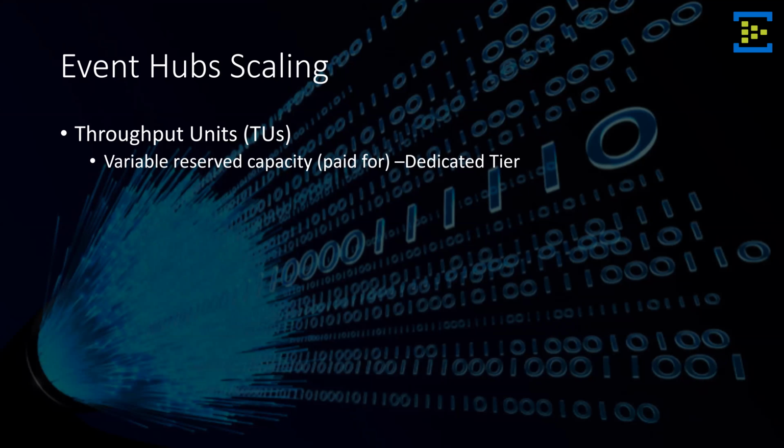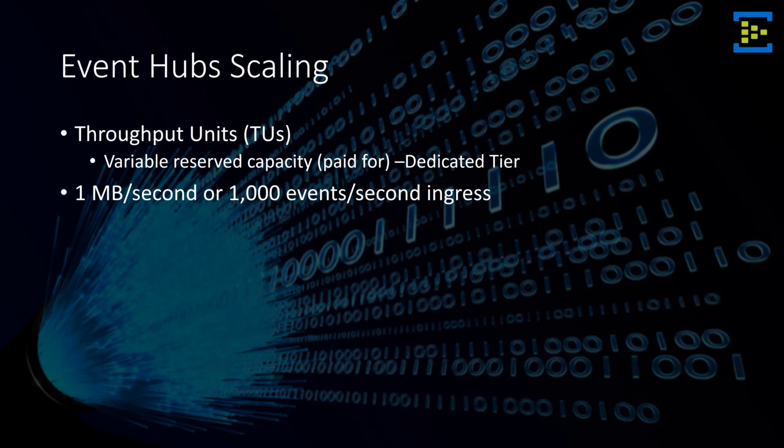Now, the capacity that you can reserve for throughput units is only on the premium tier, or what Event Hubs calls the dedicated tier. A single throughput unit is about 1 megabyte per second of ingress, or about 1,000 events per second. Egress is twice of that.